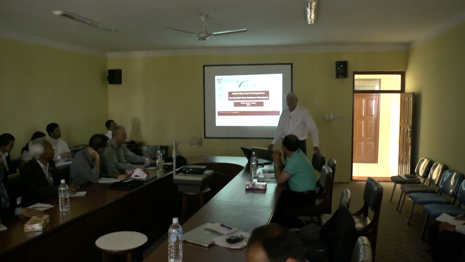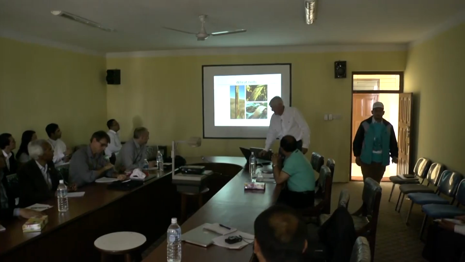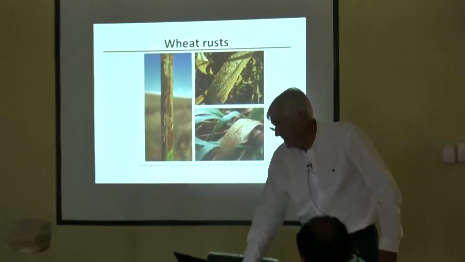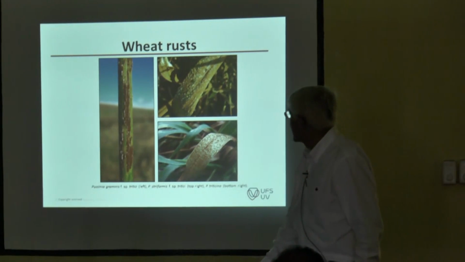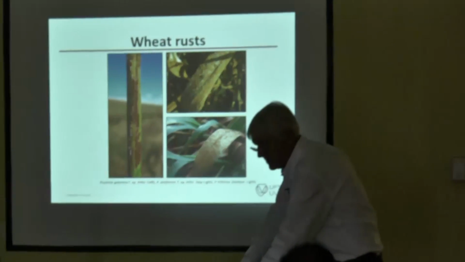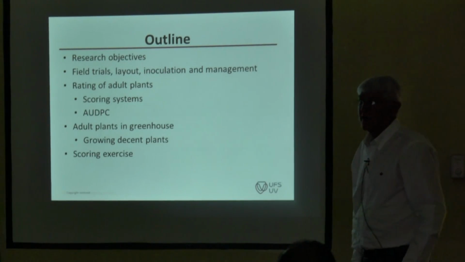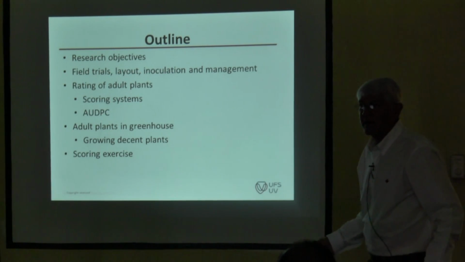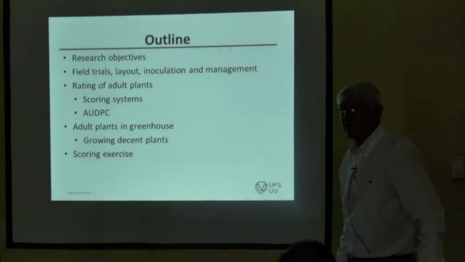We've done the seedlings. Let's move on to adult plants. And basically, again, it'll be applicable to all the three rusts of wheat: stem rust, yellow rust, and leaf rust. And I'll concentrate on the practical scoring at the end, but just to start us off,